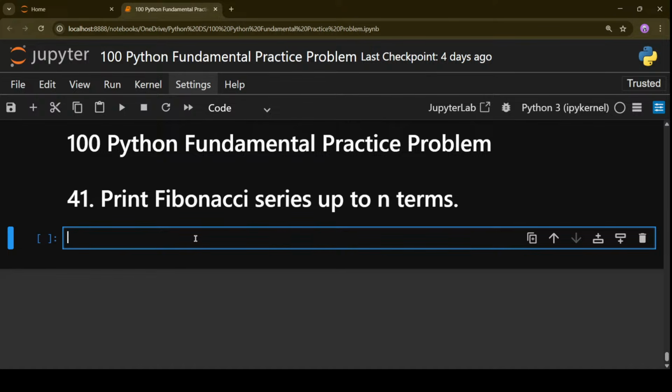So it always starts from 0 and 1. The first number is 0, the second number is 1. What will be the next number? The sum of the previous two, so 0 plus 1 gives 1, so the third number will be 1. Then 1 plus 1 is 2, then 2 plus 1 is 3, then 3 plus 2 is 5, and so on. So you have to print the numbers till n terms.